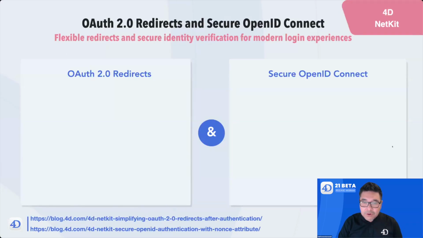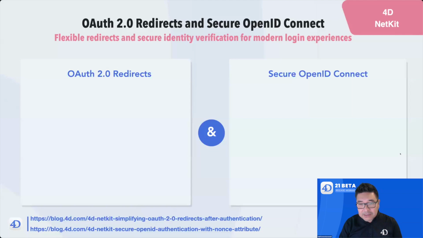Now let's look at what 4D21 brings to authentication. Two improvements that remove friction from workflows that you use every day. First, 4D NetKit now accepts full URLs for redirection. This means your authentication flow can send users exactly where they need to go, whether the process succeeds or fails. Second,